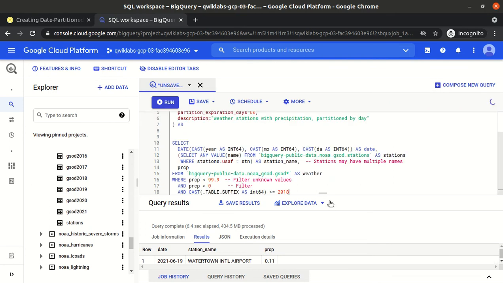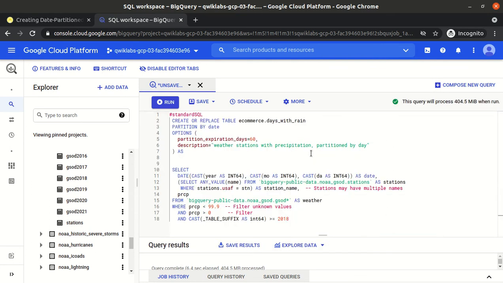Okay, fine, no problem. So we are creating a partition table, partitioned by date, and we mentioned the option that the partition should expire within 60 days. The rest of the query is the same. Let's run it.